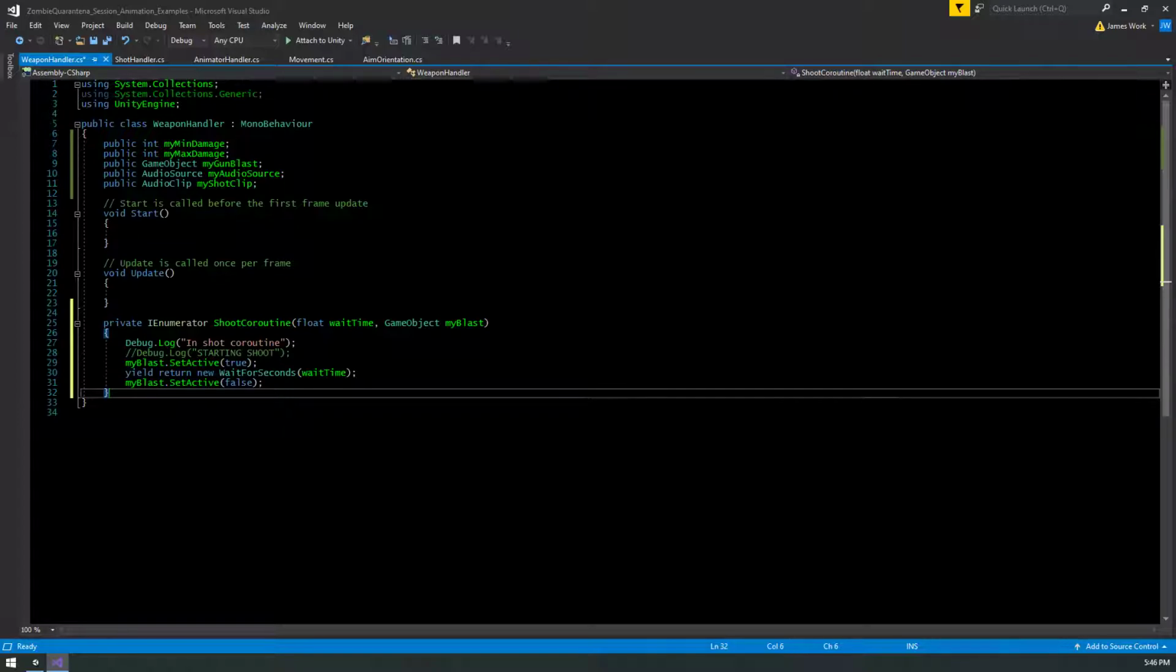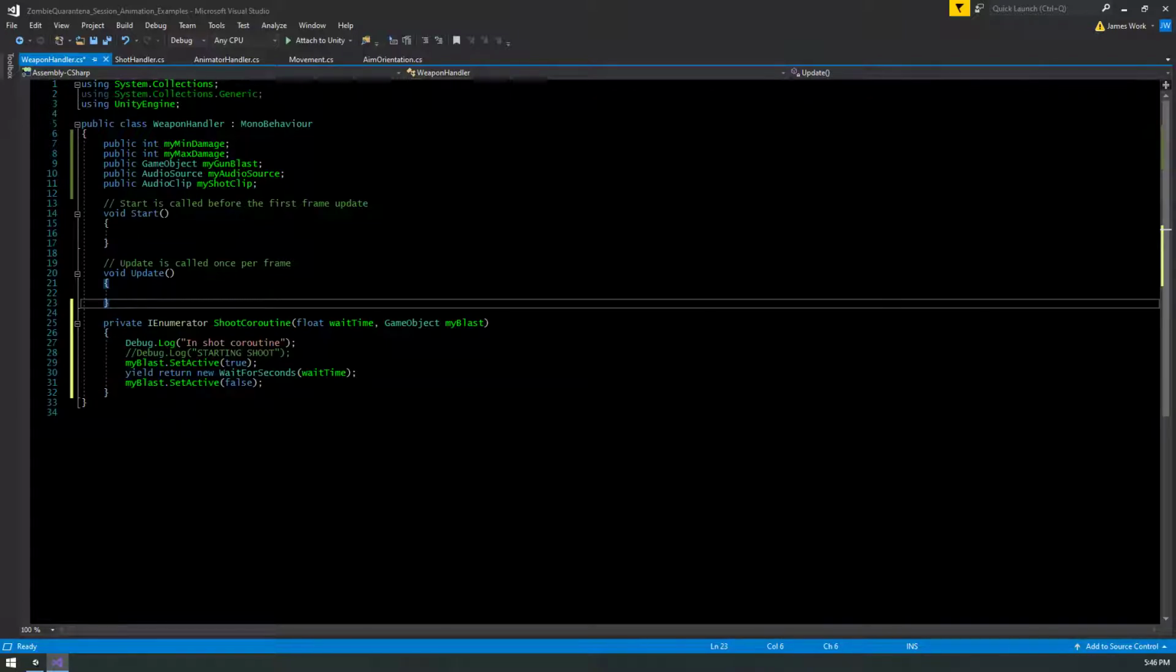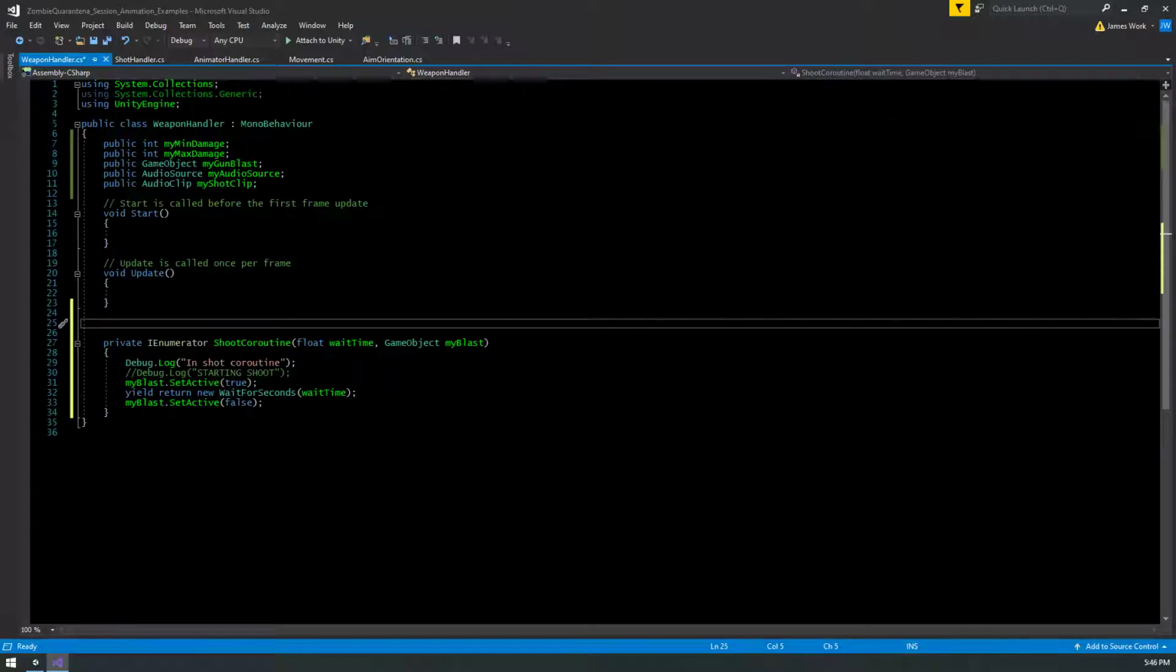IEnumerator means it's the coroutine. The coroutine is called shoot coroutine, and this coroutine requires two variables to be added. Those variables are the float wait time and the game object my blast. I'm using a different name here than my gun blast for a reason. And the reason is that we're going to create a new function called